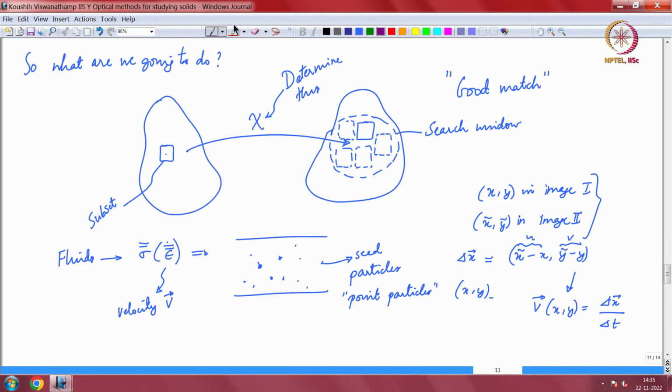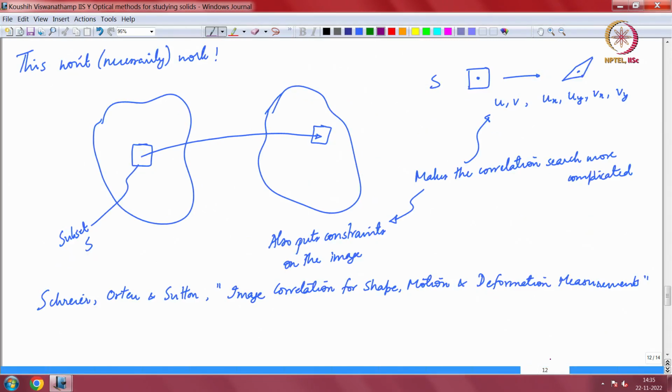find a good match. Again, I put this good match within quotes because if you recollect, we discussed that for fluids the only thing you need to match is a rigid translation for this subset, because points are all moving around. But in the case of solids, you have this additional problem that the section can be deformed, the subset can be deformed by itself,